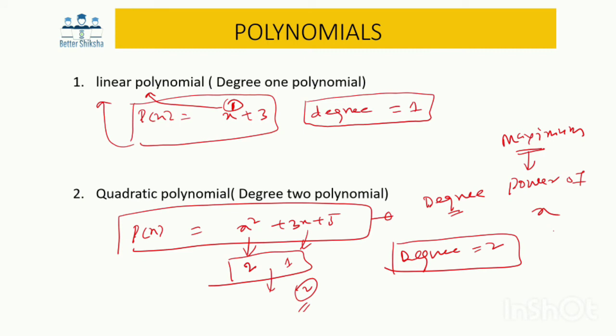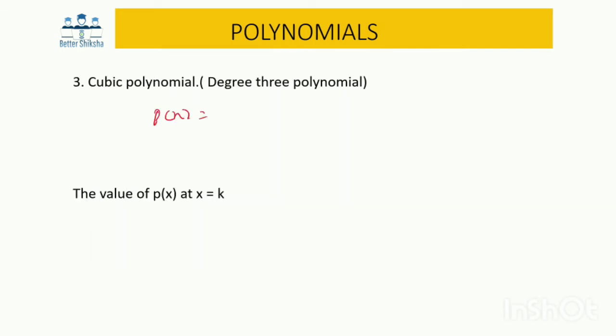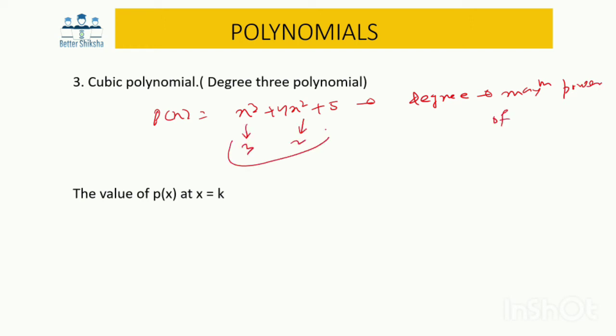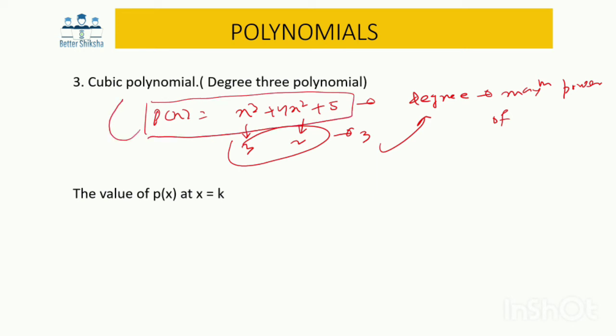Now as the degree comes to be 2, that simply means this given equation p of x is nothing but a quadratic polynomial. If the degree value comes to be 2, it's simply known as a degree 2 polynomial, a quadratic polynomial. Let us suppose another example, p of x is x cube plus 4x square plus 5. In this equation we simply have to find the degree value, and the degree is nothing but the maximum power of x. So here it is 3, here it is 2, so the maximum value is 3, so the degree is 3, right? As the degree comes to be 3, that simply means this given polynomial is a cubic polynomial.